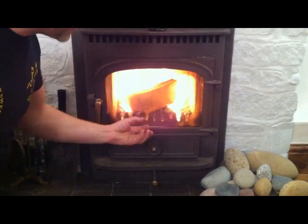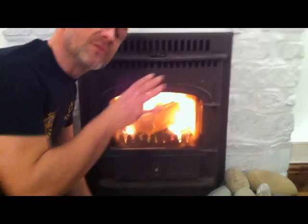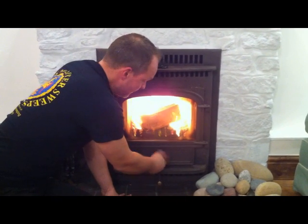Now wood, when you get it going, if you almost imagine it's a choke, so you only need that to get it started, because wood likes its oxygen from on top, doesn't need it from underneath, not like fossil fuels or coal, which require air flow from underneath. So I can now shut that vent completely,